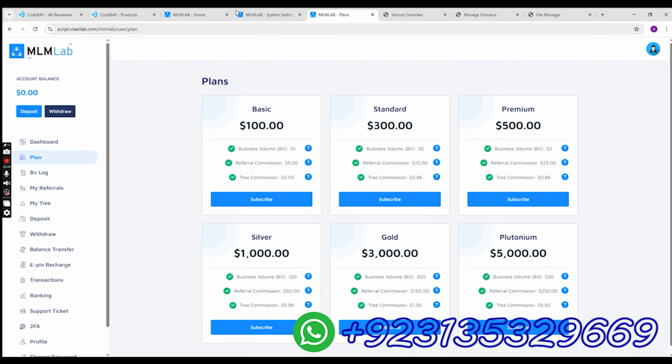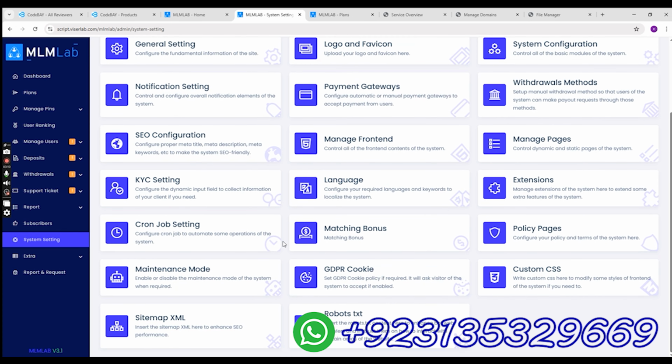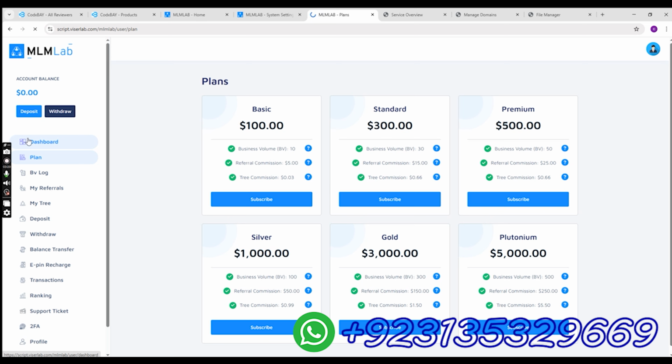So we're not only gonna make the website, but we'll do every setup for you, like OAuth setup. If you don't know what OAuth setup is, there will be a button to continue with Google, and when the user clicks that, they don't have to fill in the sign up form. They'll simply get into their account just by clicking a button. We'll set up the SMTP for you, like when he forgets the password, a code comes to his email, and so on. It has everything. Now I'm gonna show you the user panel demo.